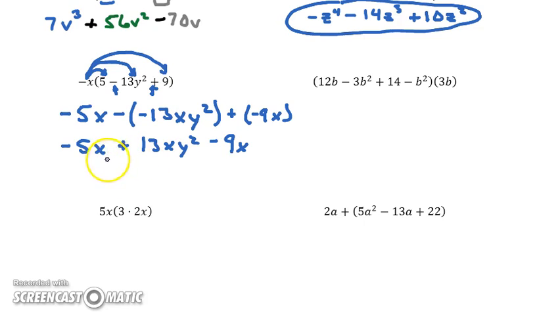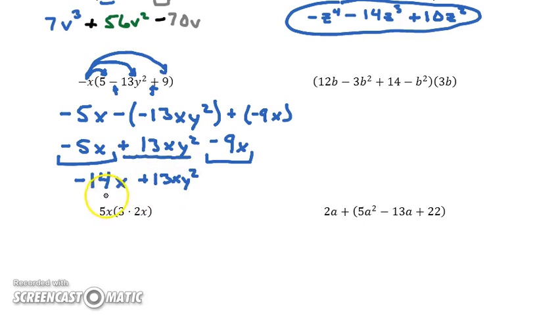And then I'm going to combine some like terms. So now I can look at my like terms. I'm going to underline this one way. This is not just x, this is x times y squared. So even though there's an x there, it's a little bit more complex than that. And then this one over here, I still have x's. So the x's I can combine together. If I have -5x and -9x, if I add the coefficients, I get a -14x plus